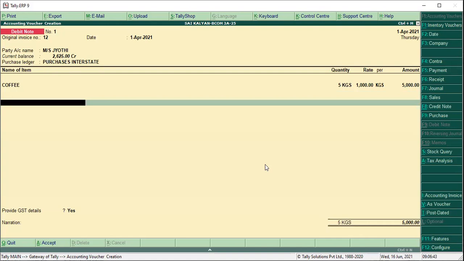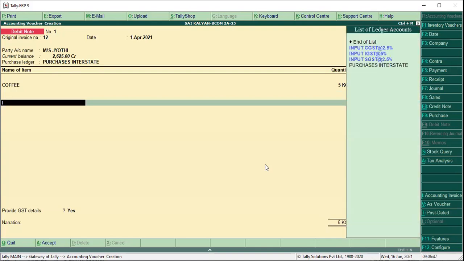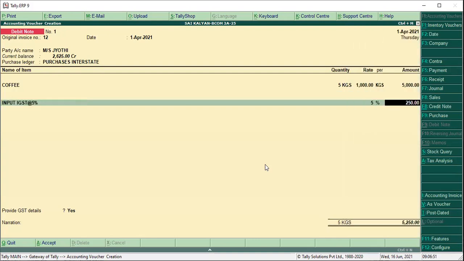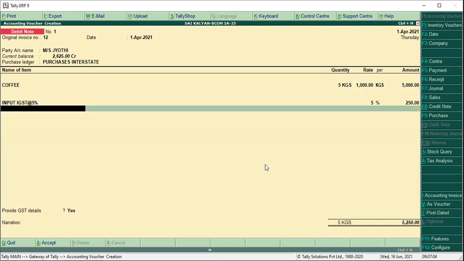So the input tax he has to pay back. Whatever input tax you paid, he will pay back to us. Yes, IGST, because it is interstate debit. He'll pay back. The entry has to be reversed. There's a debit note transaction here. Enter.